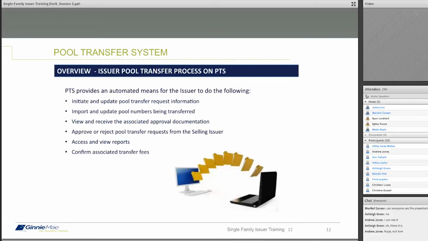Earlier we said PTS because, if you're with GinnieNet, you know there are a lot of acronyms that people have to get used to. PTS provides an automated means for the issuer to do the following: initiate and update pool transfer request information, import and update pool numbers being transferred, view and receive the associated approval documentation, approve or reject